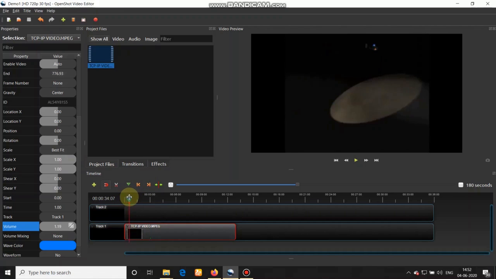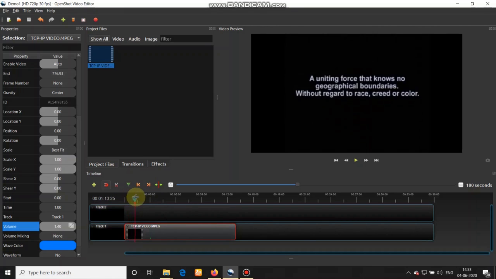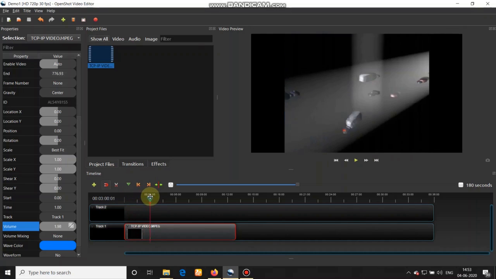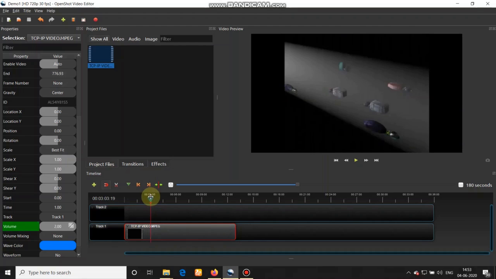If you move the slider from the start of the clip to this portion, it is linearly increasing from 0 to 2. This thing we don't want. What I want is that it should have a constant volume.